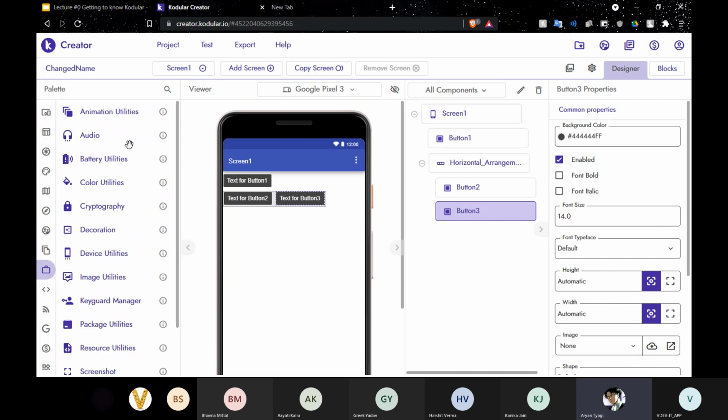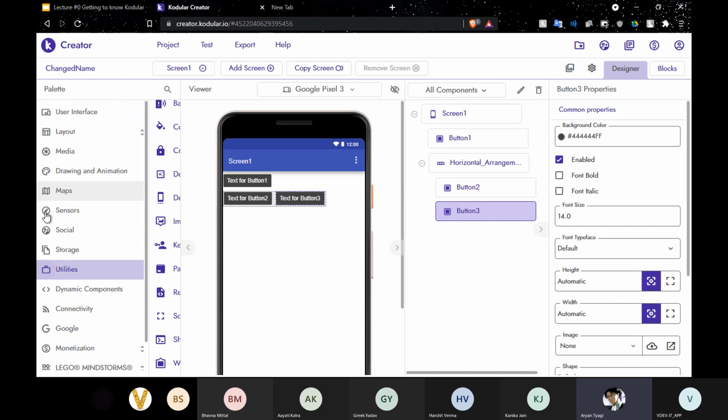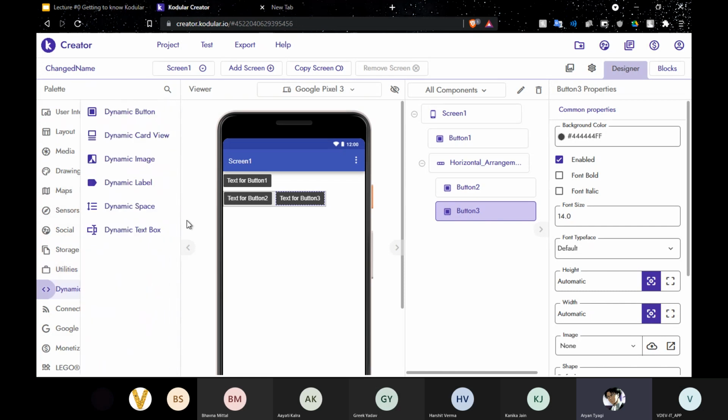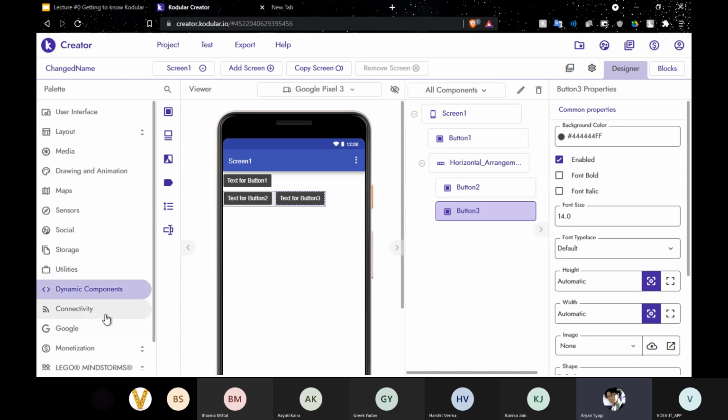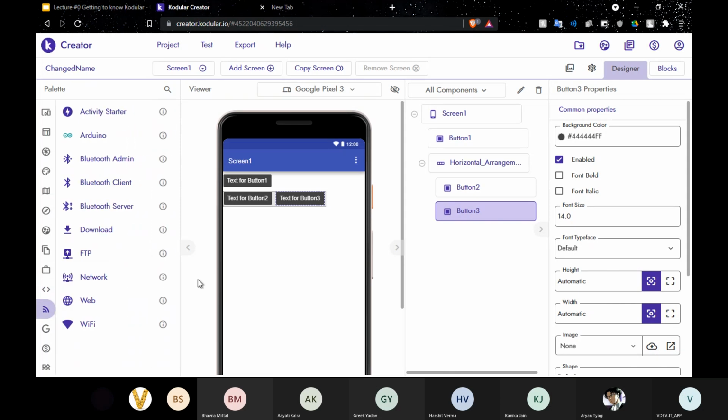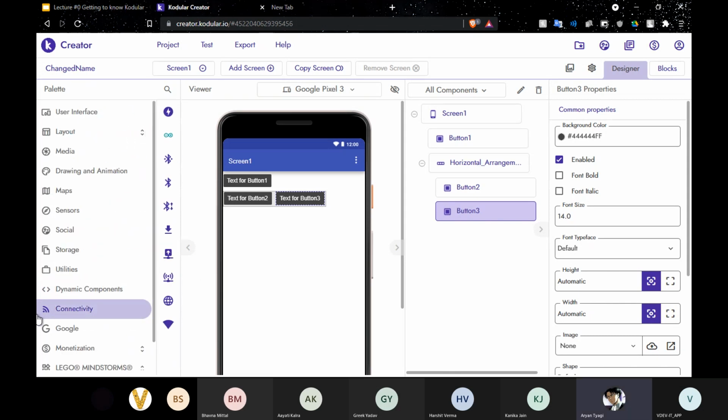Then we have some background utilities which we will cover as we use them. Dynamic components, same for this. Connectivity is the Bluetooth, network and all those network connections that your phone or mobile or any device has. Then Google.